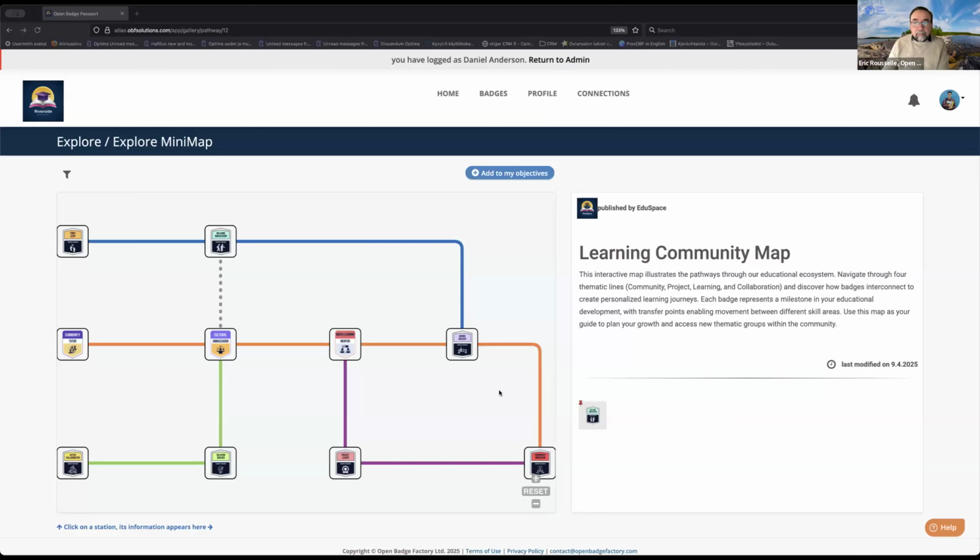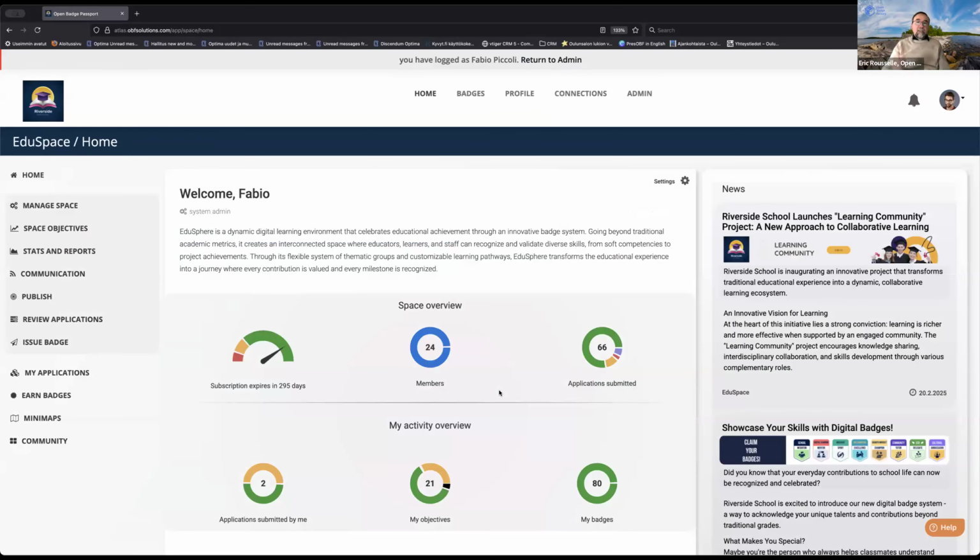Okay. Sorry for that. It's a bit tricky. I didn't know that it's not following the different windows. So I guess you can see this window.